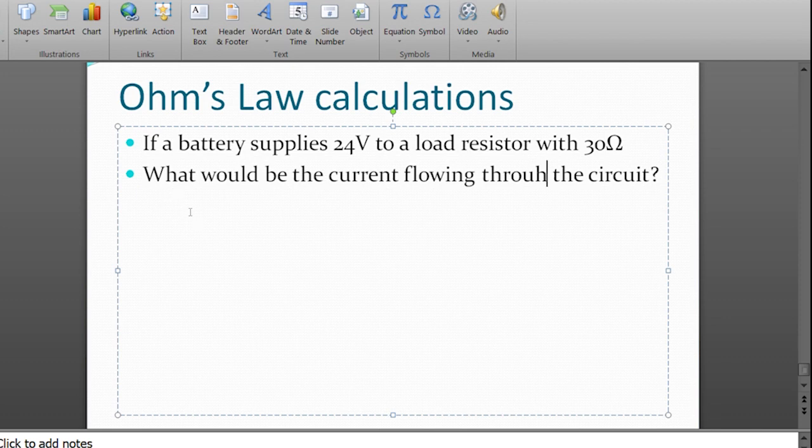Alright, so the question is, if a battery supplies 24 volts to a load resistor with 30 ohms, what would be the current flowing through the circuit? Alright, so this question is asking us to find the amount of current flowing through the circuit. So we're going to pull up the